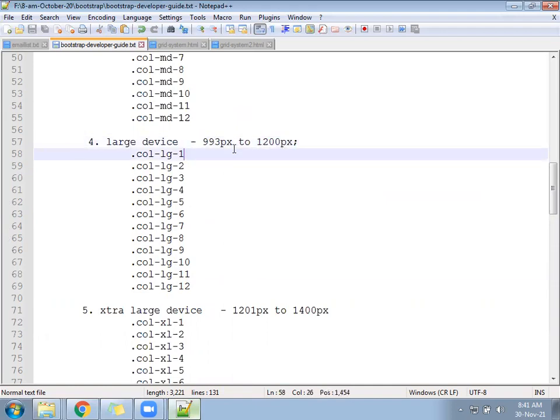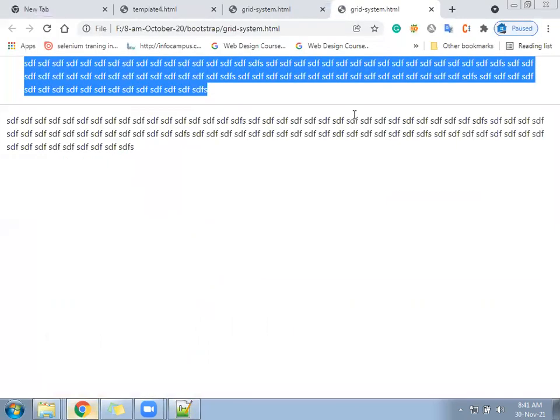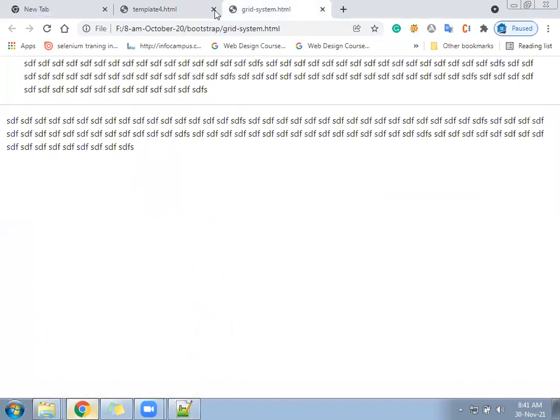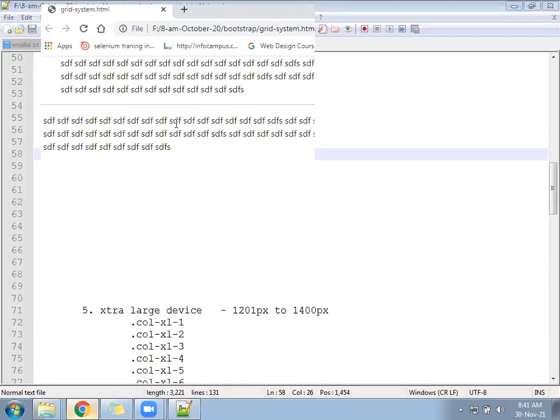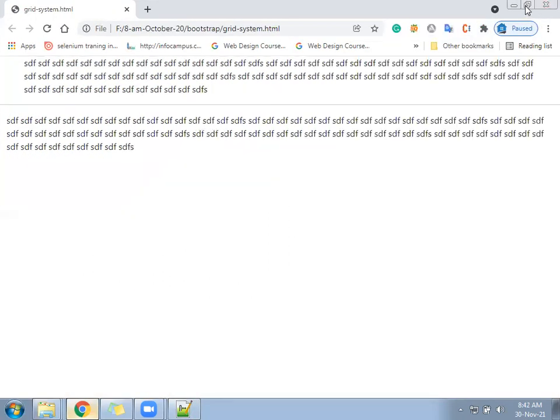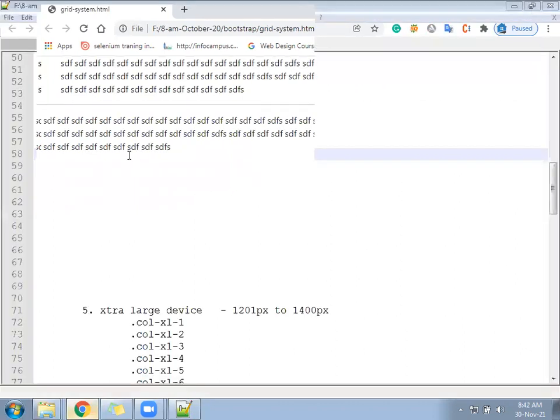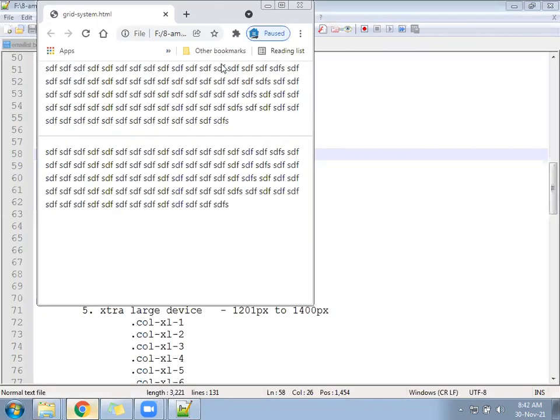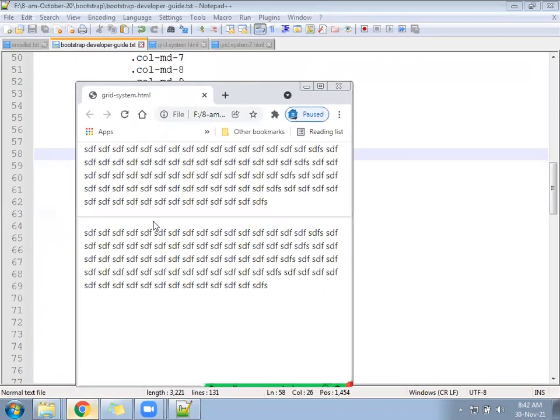Whoever is attending the online class, you should not run the browser in half screen. Usually we make the browser half screen and run this way. If you run in this way, you will get misled in Bootstrap, because when the screen is big size, it's called a different device, and when the browser window is small size, it's called a different device. So suppose now we will follow the LG class.